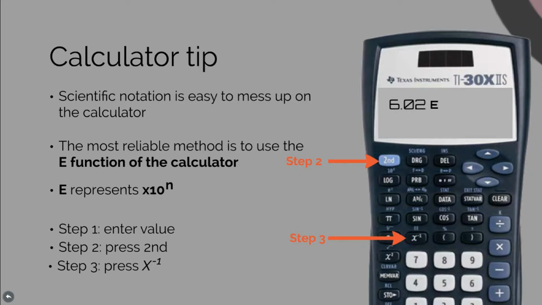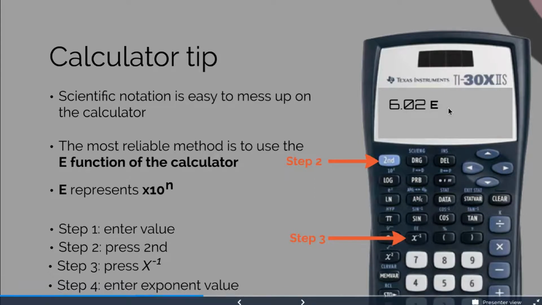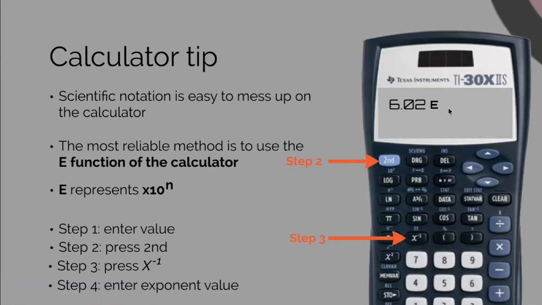All right, so finally the last step, you're going to enter the exponent value. So again, in our case for Avogadro's number, we're using 23. So when you put Avogadro's number into the calculator, this is what it looks like: 6.02, symbol E, and 23. And this all runs together. So if you do another calculation after this, if it's multiplication or division or addition, it's not going to be messed up by the order of operations, because that is by far the most common mistake made on these